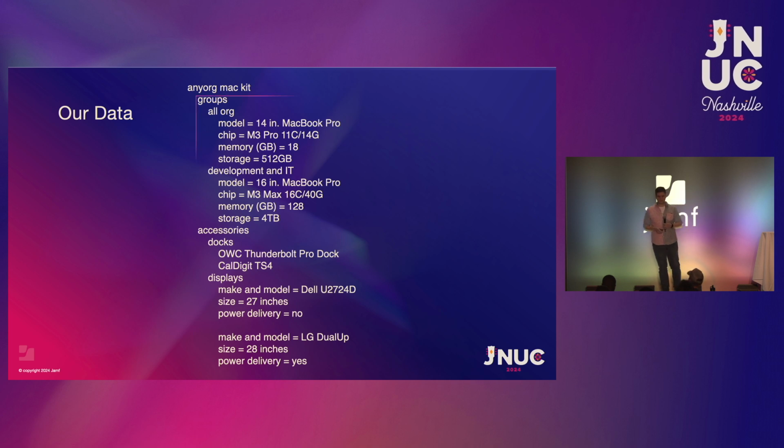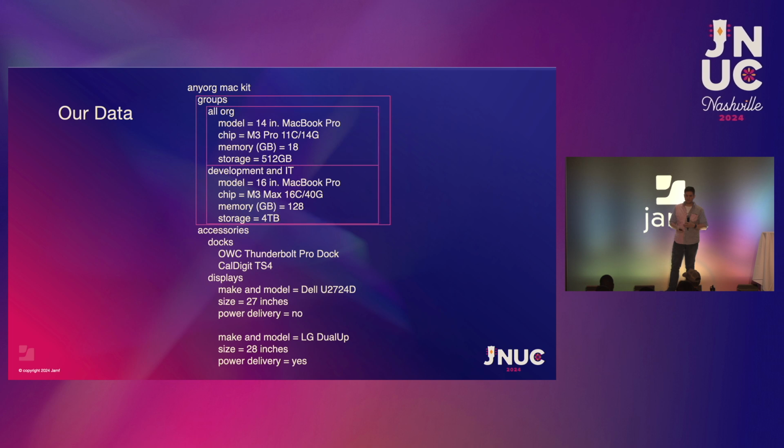All right. We give this data some structure, and with that structure, we see all of a sudden some collections start to form, some boxes that things can go inside of, right? Our groups now actually are visible. It's not just a word floating in a text document. It's, no, these are the groups right here. All org, development, and IT, right? Those two groups are themselves containers for a bunch of specifications.